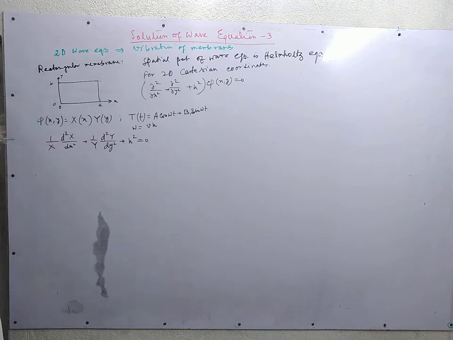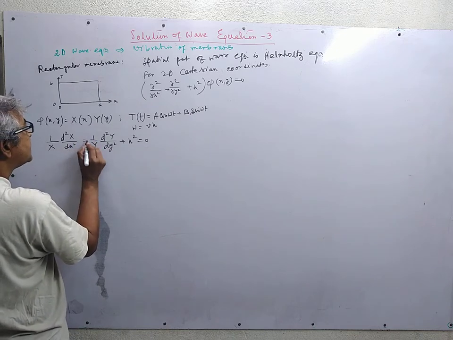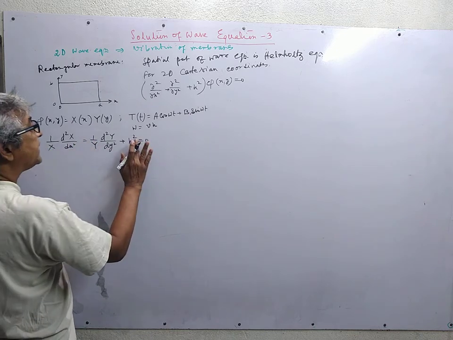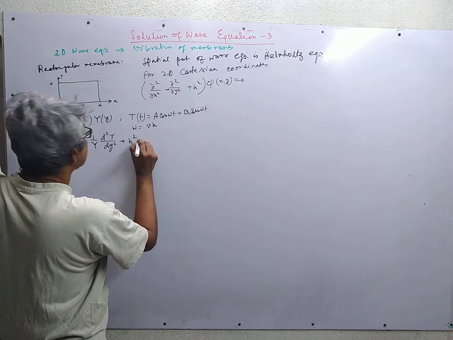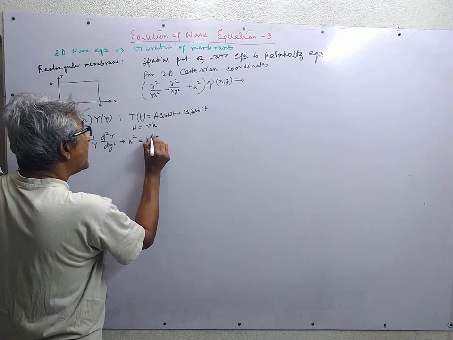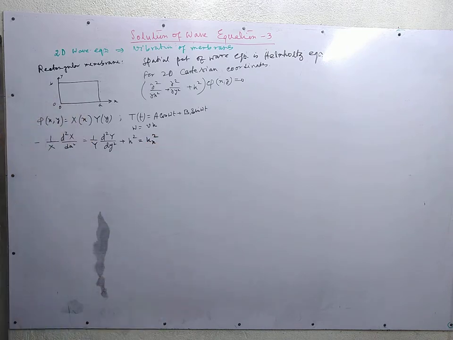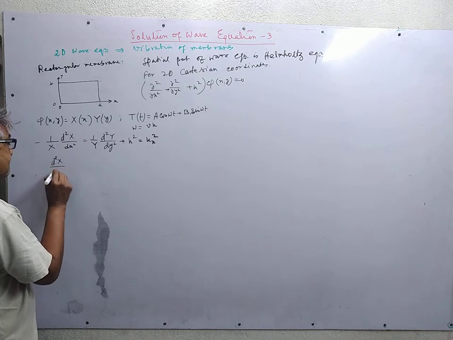If we take this part on the left, we get this is equal to minus k square, and this must be equal to a separation constant, minus kx square, where periodicity of the x solution demands that kx has to be a real quantity. So we have for the x solution